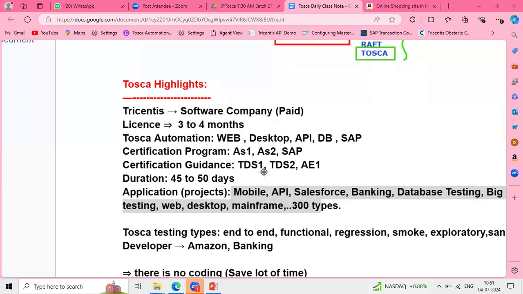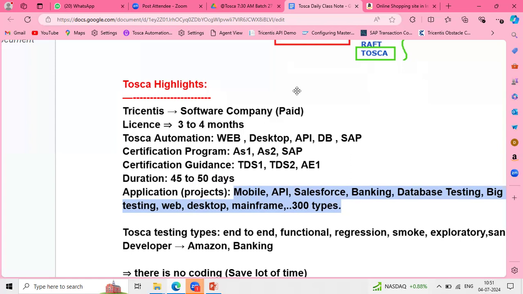But coming to Tosca, there is nothing like that, so we can automate all types of applications here, team, without any restrictions. I just mentioned a couple of project categories here: mobile-based projects, API, Salesforce, banking, database, big data, Snowflake testing, web, desktop, mainframes. Yes, all these things are possible using Tricentis Tosca.